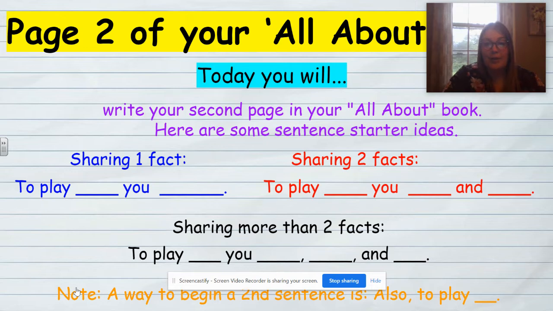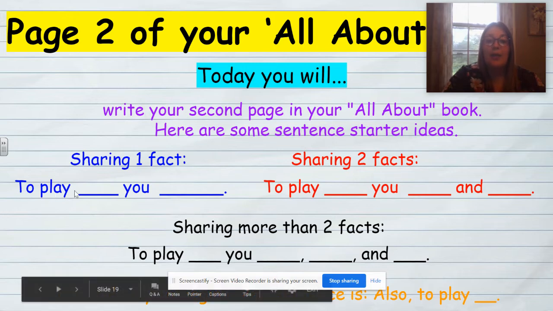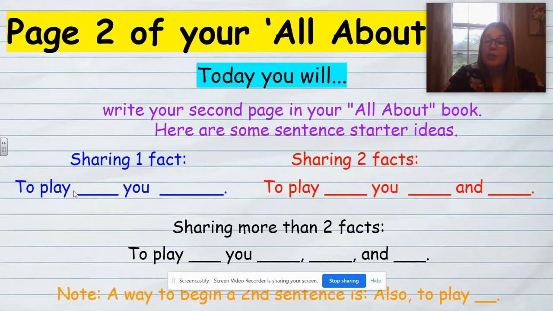As you are writing page 2 in your All About book, here are some sentence starter ideas. Again, you do not have to use these, but these are just choices if you would like to use them. If you're sharing one fact, you could say, to play blank, you blank. So, to play baseball, you hit the ball. If you're sharing 2 facts, you're going to separate your facts with the word and. So, to play baseball, you hit the ball and run the bases. If you're sharing more than 2 facts, you separate your facts with a comma. So I could say, to play baseball, you hit the ball, run the bases, and try to get to home